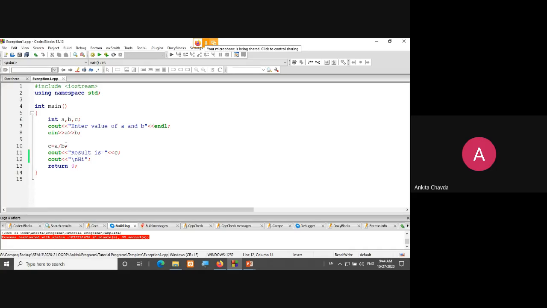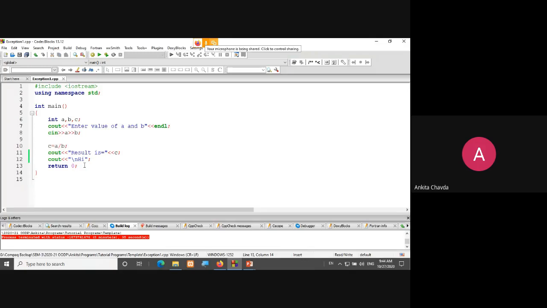Whenever the user gives such kind of errors which your program cannot handle at runtime, this is not a syntax error. Because if the user gives a valid input, this program runs perfectly. But the error occurs whenever you give values that are out of bound or divide by zero.